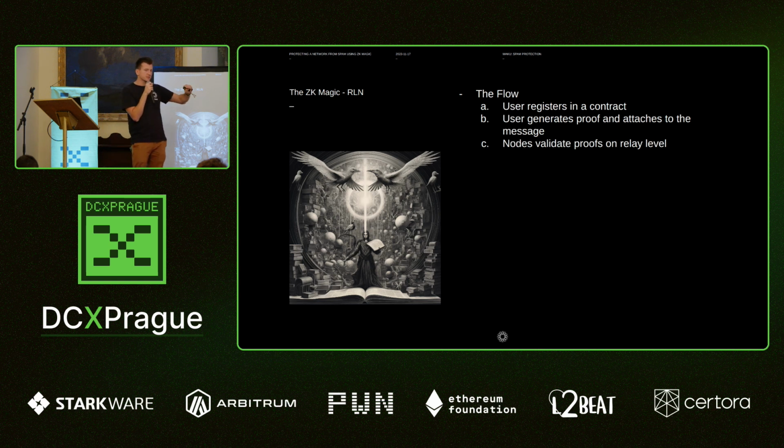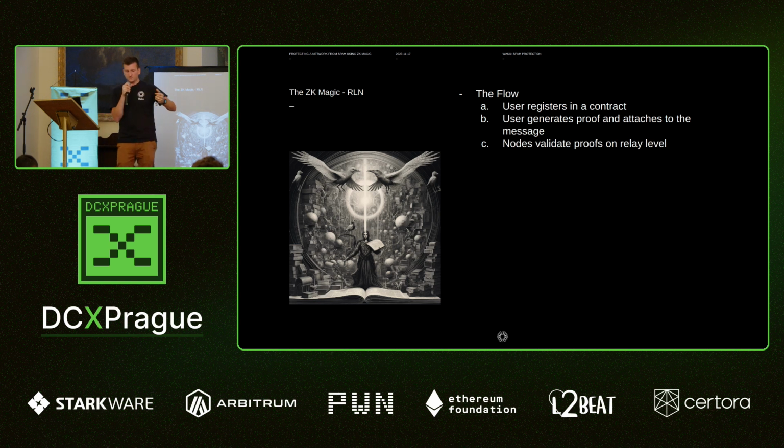And that contract has a Merkle tree, which is a binary Merkle tree, binary structure, where basically every single item on the bottom, the leaves, are hashed together into one single Merkle root. And we use that root and that membership in that tree for the user to generate proof and attach it to a message. So again, the message in Vac is very simple. It's content topic, so the kind of the application identifier, the payload, the data I want to send, and then timestamp. And yeah, that's it. There are some other metadata that you can attach, but you don't have to. But then also you have to attach this proof,